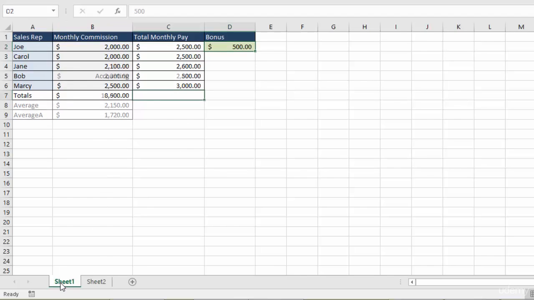So you can see in the first sheet we have a basic spreadsheet with 1 total here, and then in the second sheet we've done some changes, we've added some things like the average and the average A down below. So this is what is the result of what I'll teach during the lecture. So the nice thing is you can start here and you can go along with me as I teach, and then you can kind of compare what you come up with to what I've come up with and just double check things, and if you go wrong a little bit, then you'll have that solid reference to be able to